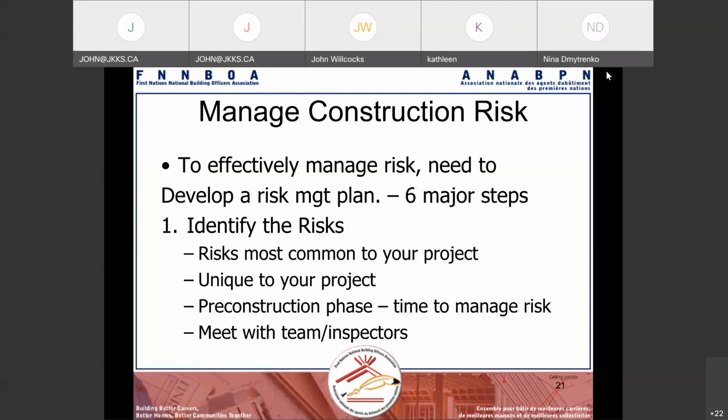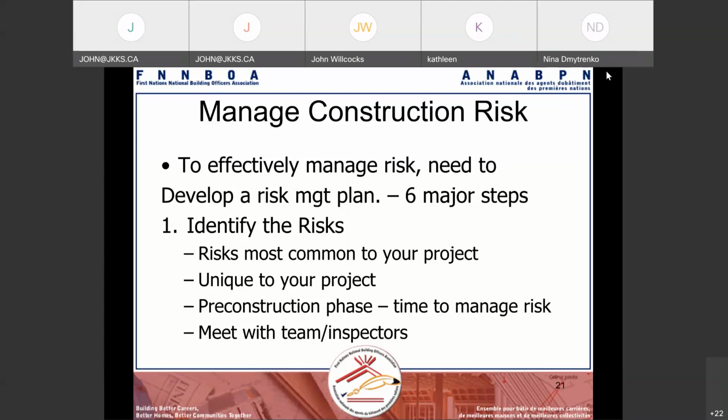But I'm just going to give you the 6 major steps, which I think a lot of us do anyway through intuition and just through common sense. So it's not that you have to do this great big roadmap. We do it a lot through a common sense approach.